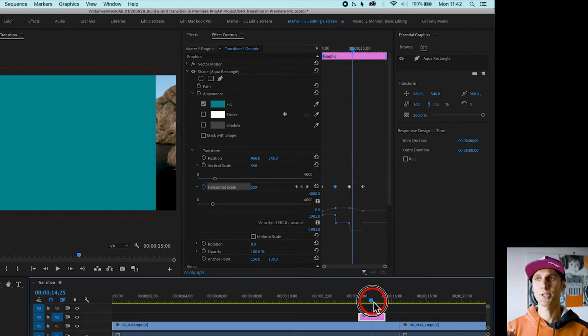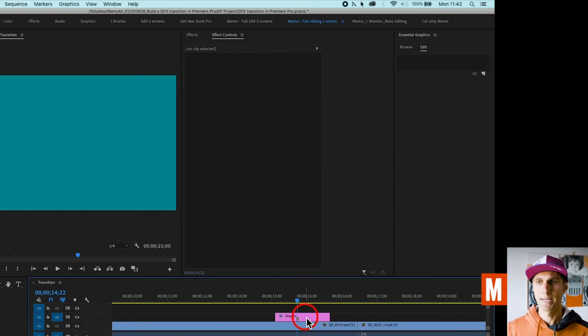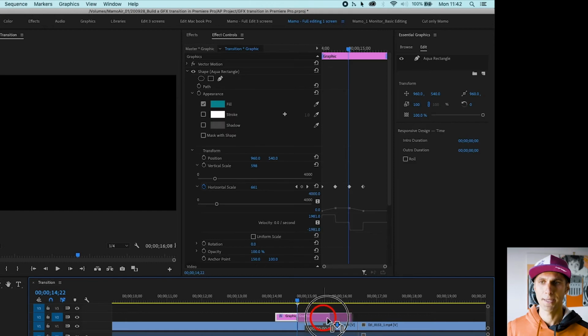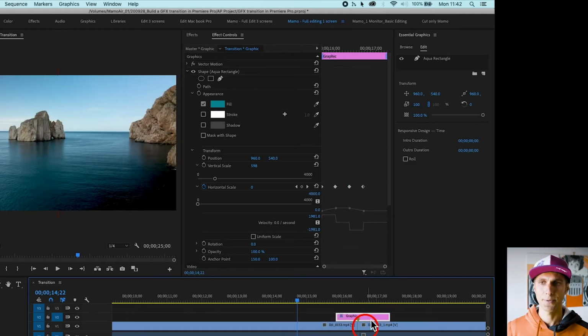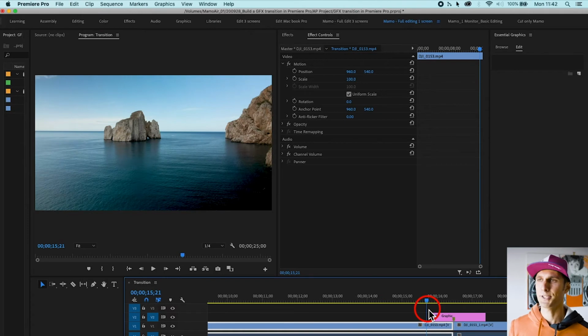Now we want to reposition the transition correctly on the cut. To do so, I go here where I've got the whole frame covered. I select the graphic clip on the timeline and I press M to create a marker. I'm going to expand the timeline a tiny bit and I drag my graphic animation on the cut with the marker. So it's a very simple way to do so with markers. Bear in mind and remember it. Now if we play the timeline more or less here where we have the transition,